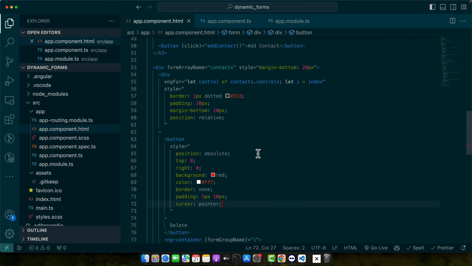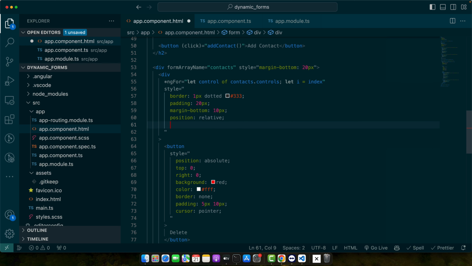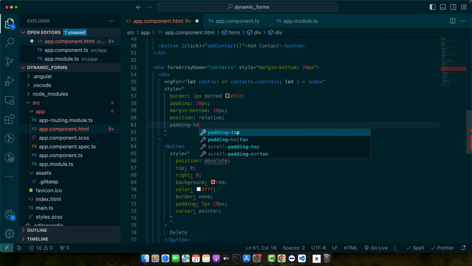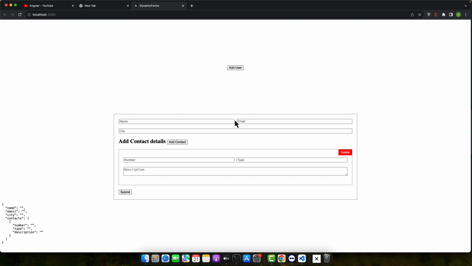so we have to add padding top. We have to increase the padding top. So right now we have 20 pixels on the top, so I will add 30 pixels on the top, or maybe 35. Okay, now it is looking good. So now I will